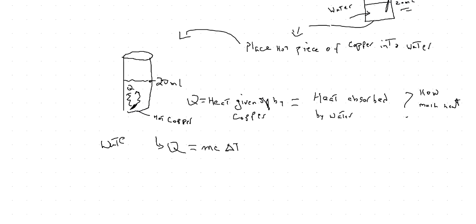Okay, now we know the mass of the water. If there's 20 milliliters, that means there's 20 grams of water. 1 ml of water is the same as 1 gram of water. Okay, so 20 milliliters is 20 grams of water. So we know M. We know the specific heat of water, right? C of water was 1 calorie per gram per degree C. And now we can measure delta T,